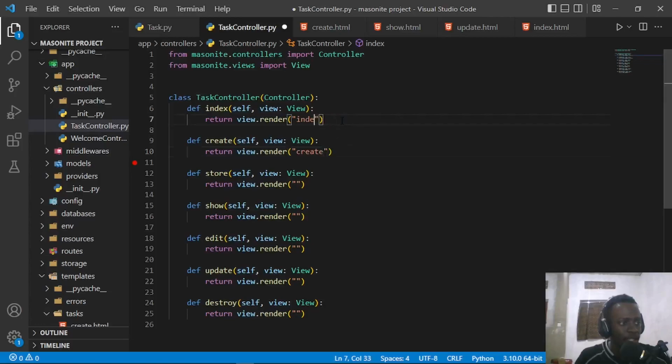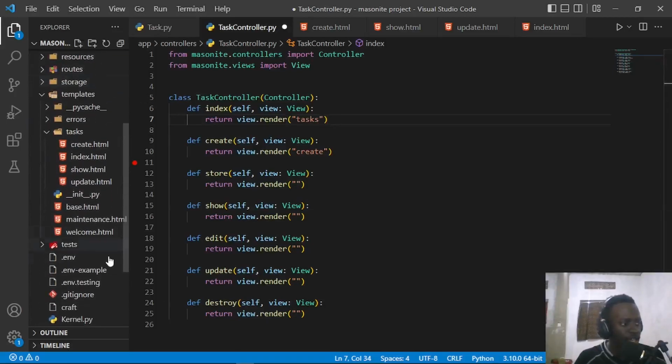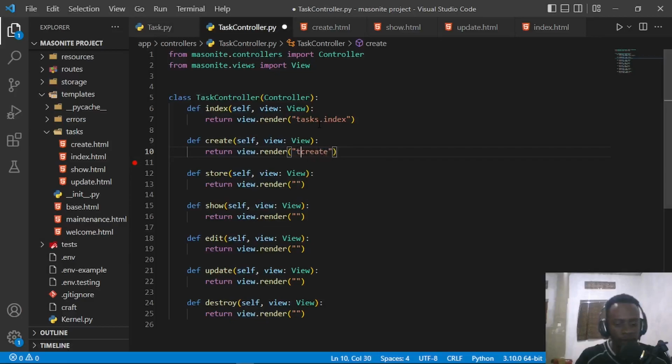The way we actually write our templates is by calling our templates in this syntax. So we call the folder in which they are, and then we go ahead and basically call the name of the template we are actually referring to. So in this case this is going to be tasks.index, and then here we shall call tasks.create, and then we shall go ahead and also call tasks.store, and then we shall call tasks. So this is actually not going to involve us having our template. So instead of having a template here, we're going to have it on tasks.show,